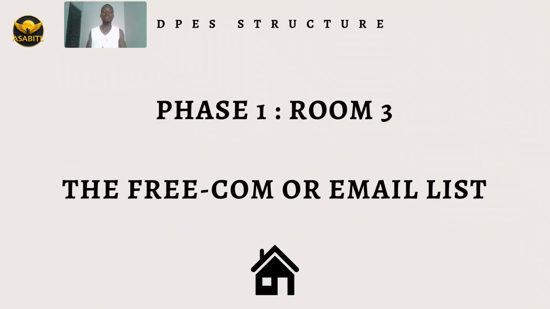So the next thing that we have is room 3. Now, do you understand room 1 and room 2? After you build your product, you understand your niche, you know the people that you want to work with, you know the problem you're solving, you have packaged it into a product, you have created your free product and you have created your premium product. You have also come to your sell platform and listed your premium product ready for sale. The next thing is the free community.